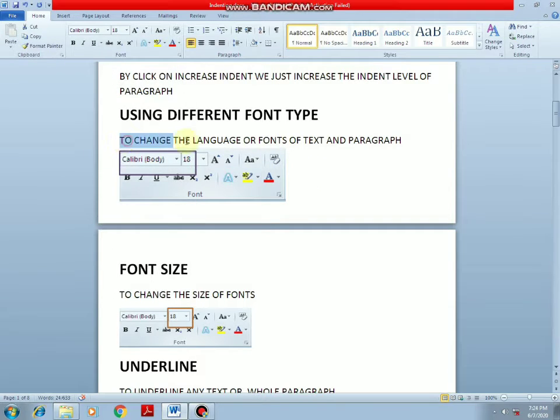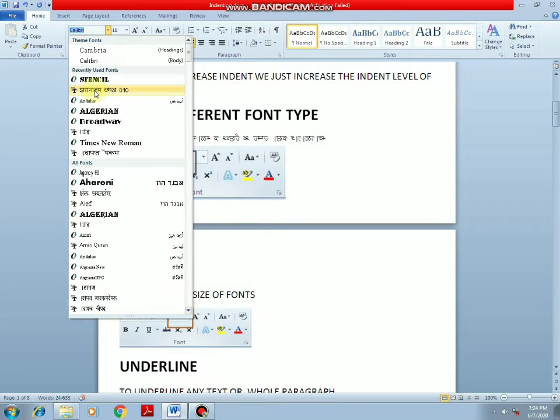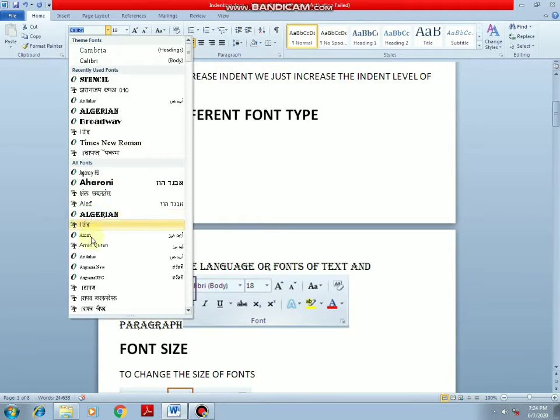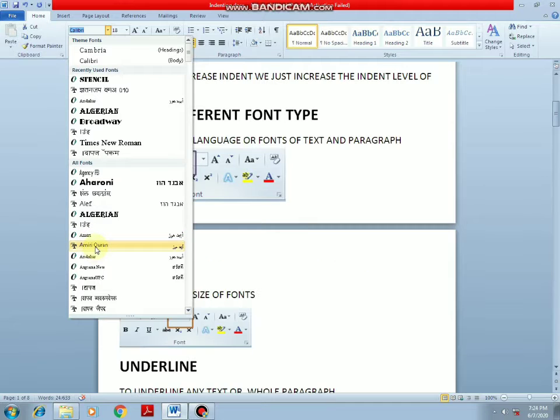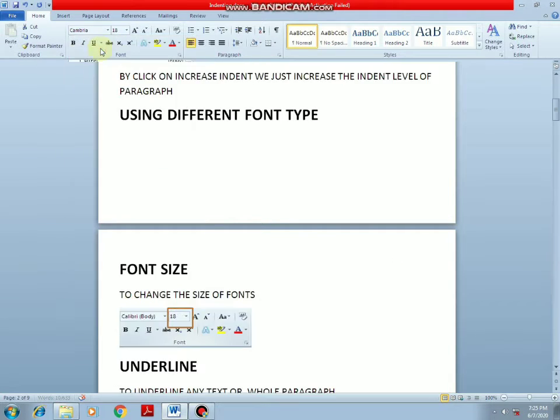We select the text, click on that button and choose the font we want, then it changes to that font, like Algerian. Then again it changes back to the original.